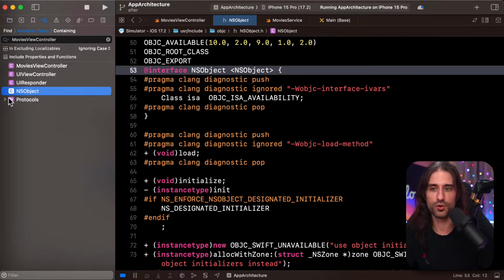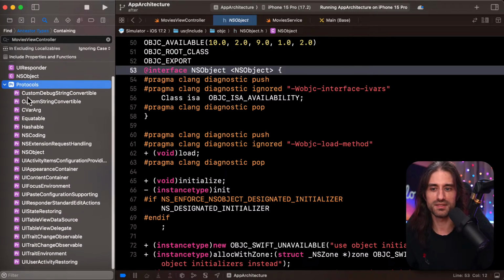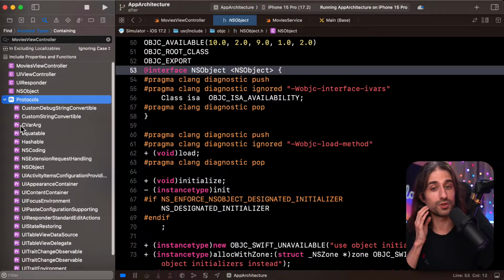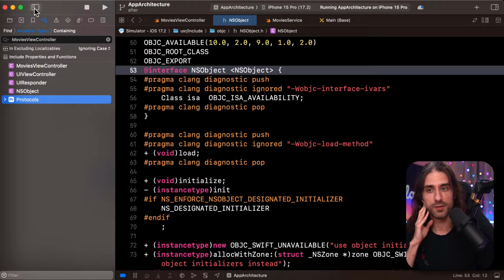And then you also have all of the protocols that it implements. You can see that there are quite a few, but it makes sense for something so central as UIViewController. That can be quite useful, especially if you are dealing with a type and you don't know where it comes from and you want to have a sense of, okay, what's the lay of the land here? You can see, okay, so this is a view controller, it does this and this and that. So it can be quite useful.